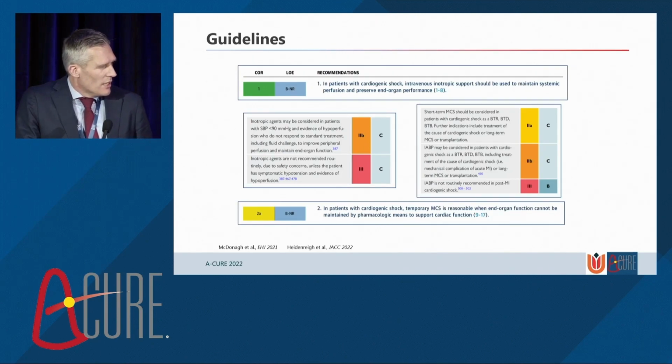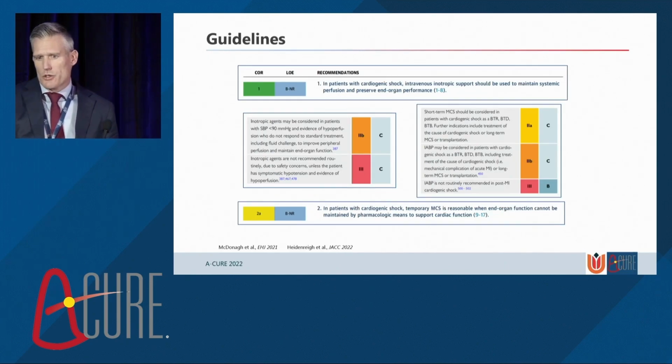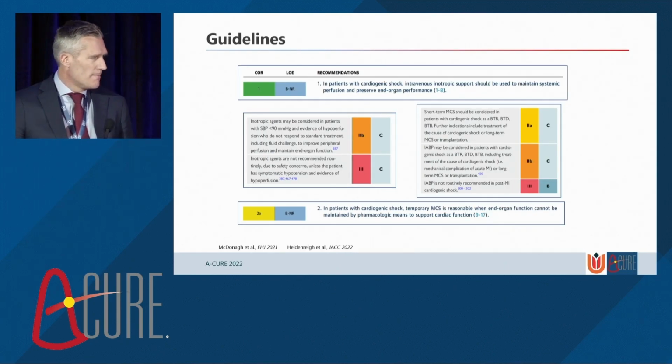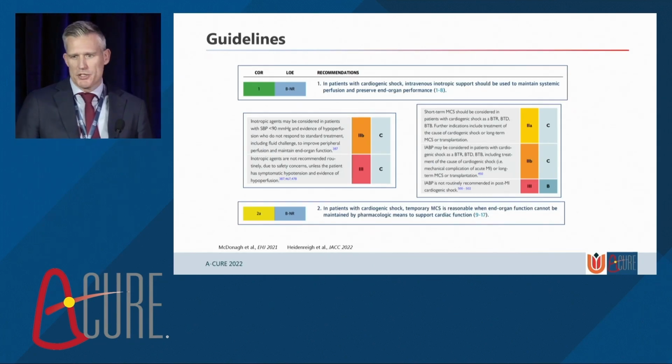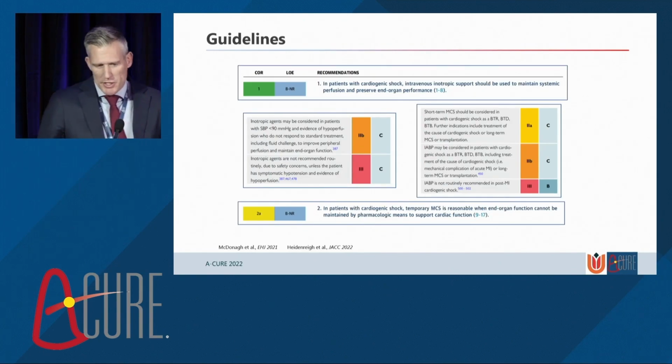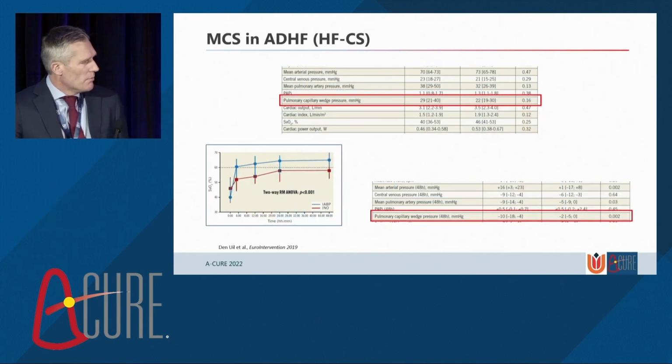So one might wonder whether we should start with mechanical support in patients that show hypoperfusion or shock, instead of starting with inotropes. Maybe a bit silly, but there is some data out there. Maybe you